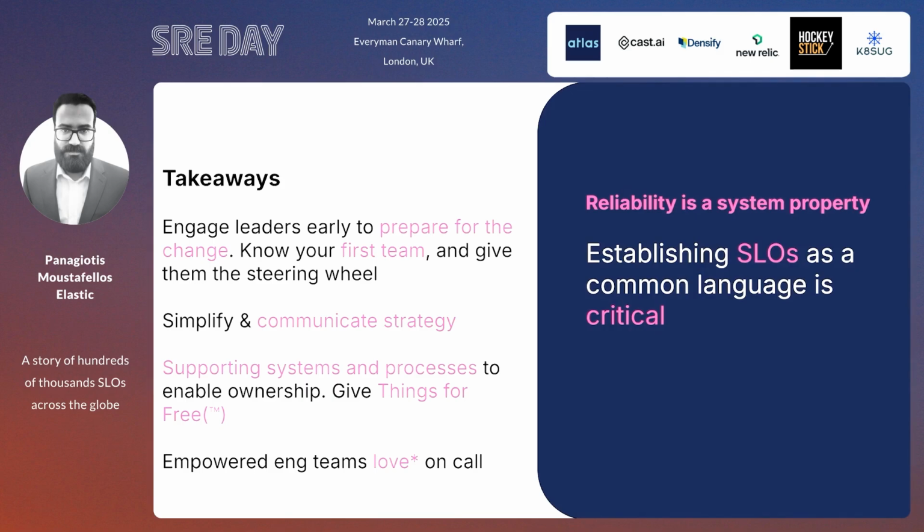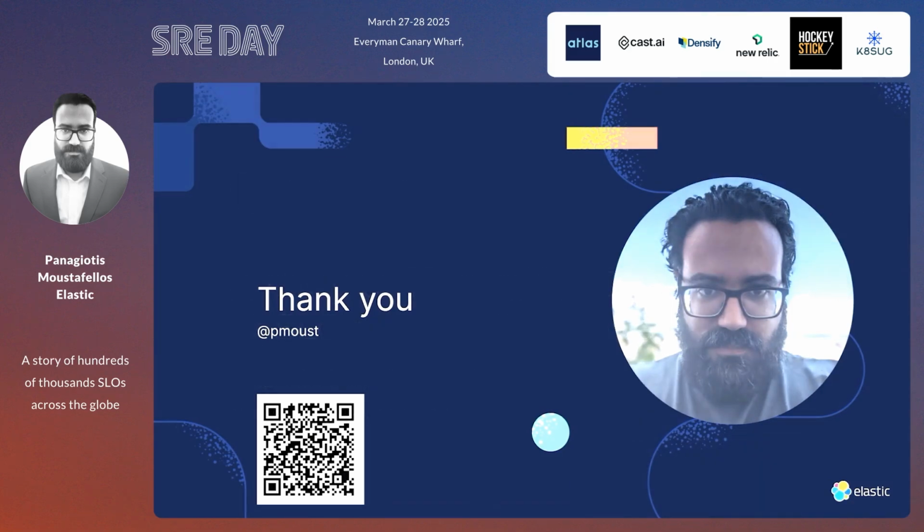If you get the product management team, the sales team, the VP, CXO levels talking about SLO levels, this is where you know that you have succeeded. This is where you know where you can put emphasis in the future to further improve the systems. And with that, thank you. Any questions? Thank you. Great talk.